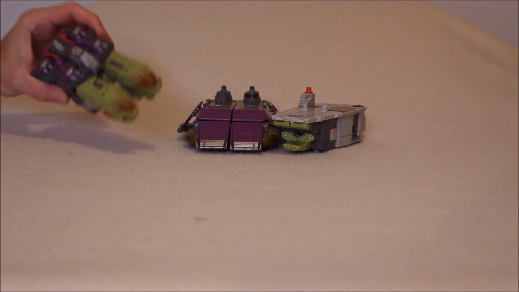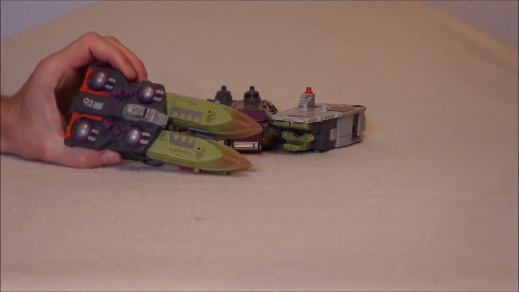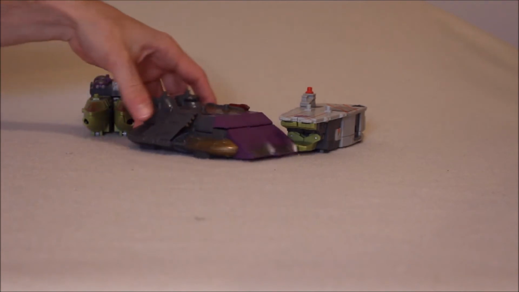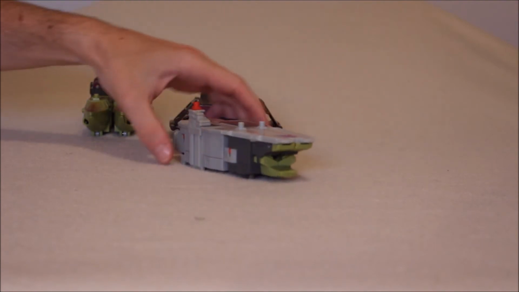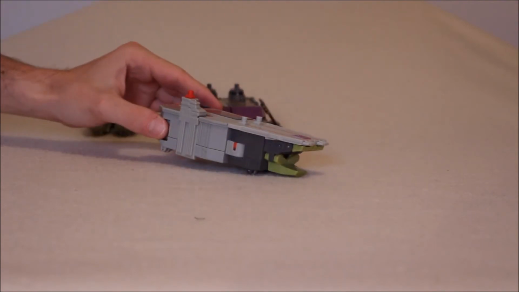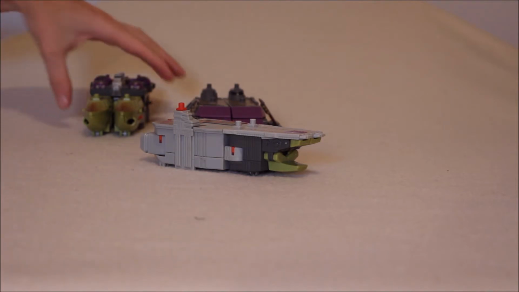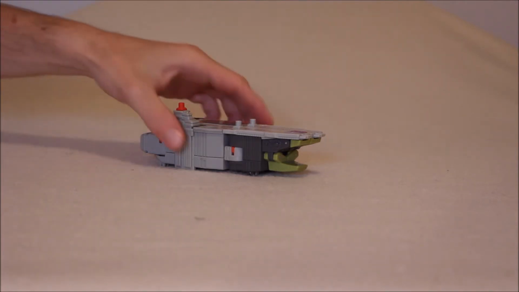Like, this piece is a battleship, battle cruiser type of vehicle. This is a troop deployment vehicle, and this is the aircraft carrier. And all 3 of these have little features to them. But before we get into these 3 sections, we're going to start off with